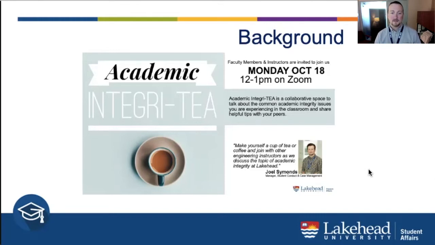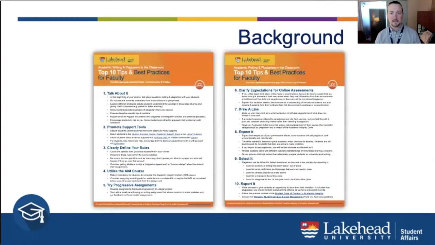And one of the outcomes of this group has been the development of some resources for other faculty who don't attend the academic integrity gatherings. I'll just pause for a second and say, if you're here today and you're interested in joining that community of practice, it's not an exclusive group. You don't have to get invited. We will be promoting it now because it did start as invite only. We started small, but if you're interested, I'll have my contact information later on. Just send me a quick email and let me know that you want to join. We would love to have more people join with us.